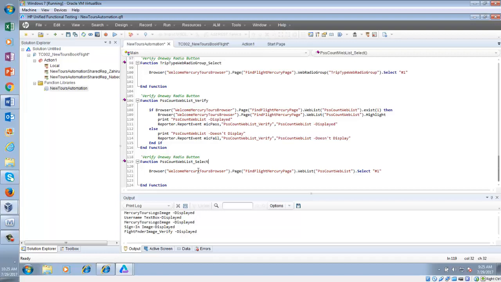So each of our activity will be a different function, and the purpose of modularizing it is, when we are using it in the framework, it can fail in the verification, and then it can fail in the select. So we want to keep it separate. If it fails in the verification, then we know it is failing in the verification. If it fails in the select, then we know it is failing in the select. So when you do framework, you do every piece separately. Does it make sense, Navid?